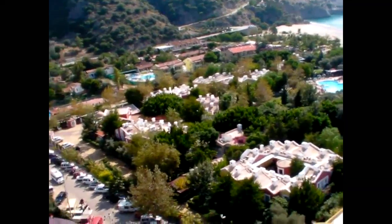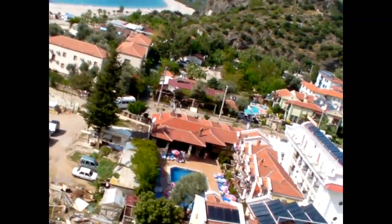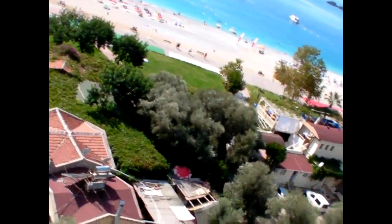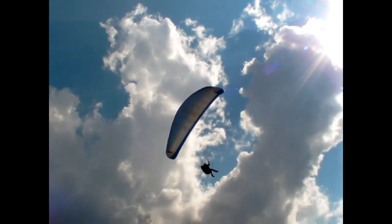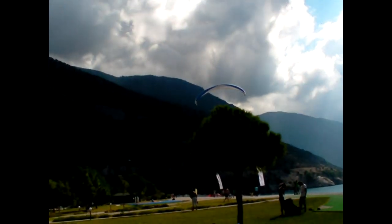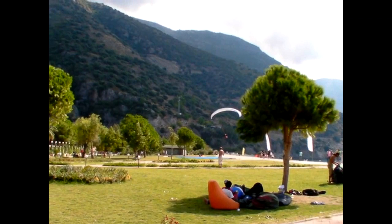Still a bit high here for going in. In there on an airwave. It's going to go along the beach, and it's obviously a bit too high for there, so he's going to have to go along that way and then do a right turn. Not a big deal, just keep going that way until it's low enough and then do a right turn, land